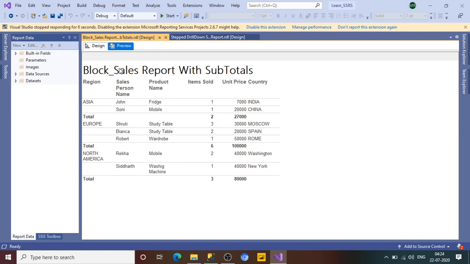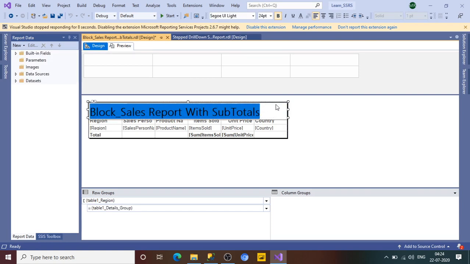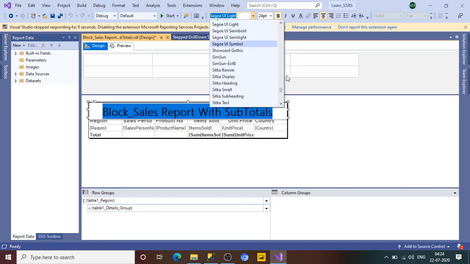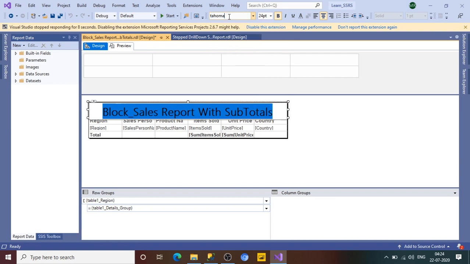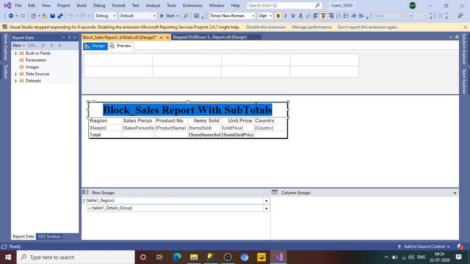Because the styling is not there, go to the design here and select this thing over here, and put it in the middle. Okay, just format it. I'll make it Times New Roman. Okay, and this is fine, looks good.